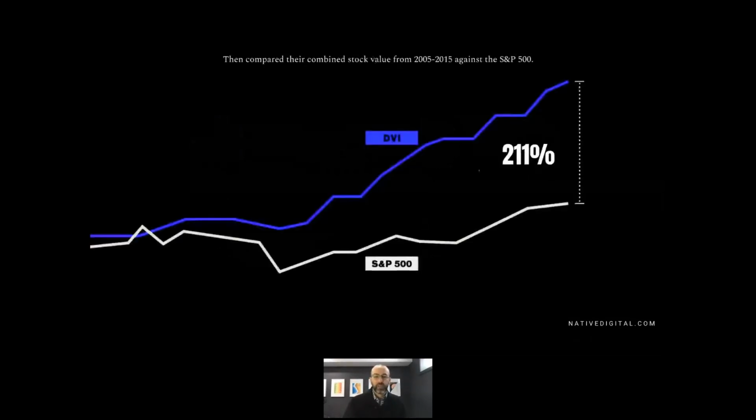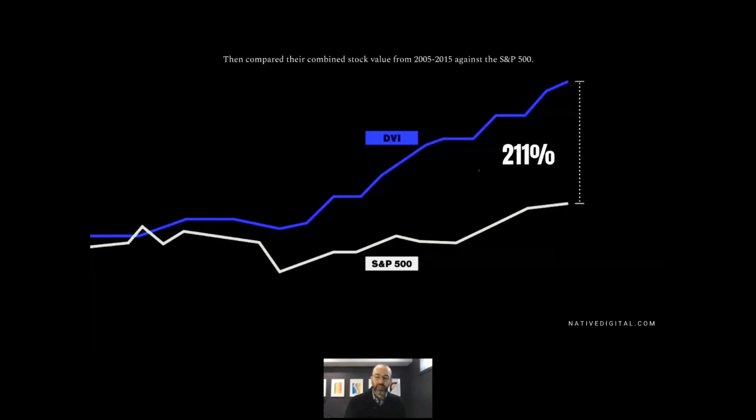So they studied them, and they started at 2005 and went over a decade and said, do they outperform the S&P 500? Do brands who prioritize design, and they had a number of factors that they evaluated this on, do they outperform? And the truth is they did. They outperformed the S&P by about 211%. So it makes for a strong case. In fact, I remember at this time thinking I should invest in all 20 of these, but at the time I didn't buy individual stocks. I still don't. But they stopped that study in 2015.